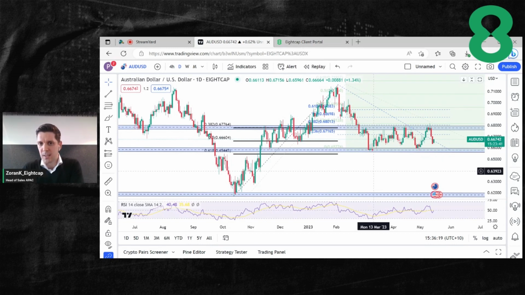let's have a look at the Aussie and see some of the price levels which are important on the chart. So if you go back to the lows on 13th of October 2022, and we take the next major high on the 2nd of February 2023, and we apply the Fibonacci levels, we can see the 50% level has been pretty bang on. So that's providing a key support hurdle there as well. So that 50% for that range is quite important.